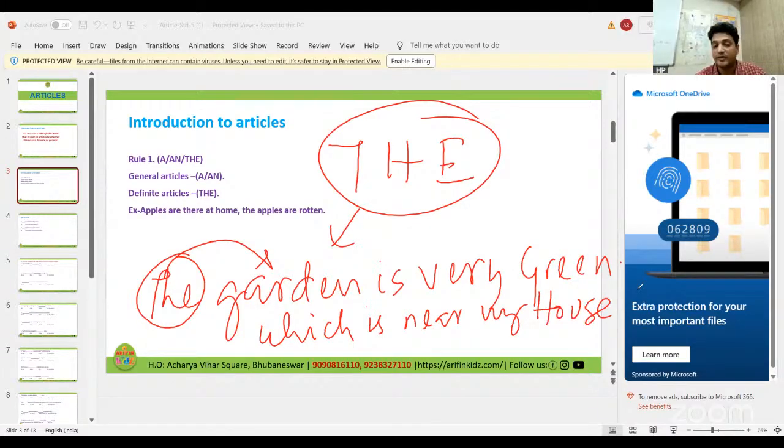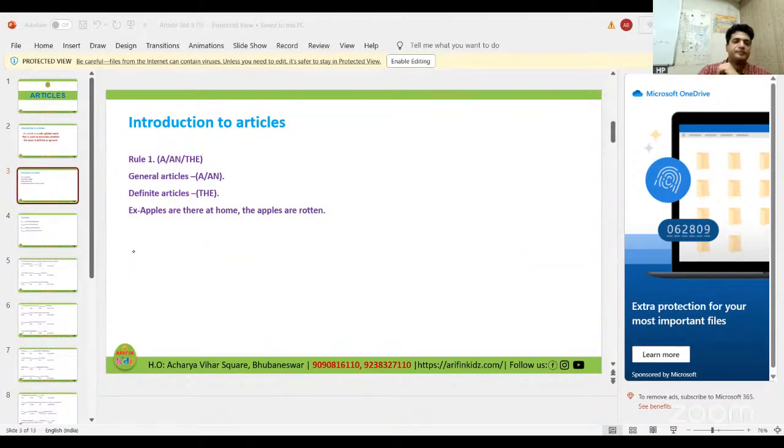So whenever you want to specify a particular garden or pinpoint a particular location, we use the. Otherwise, we use a, for example,